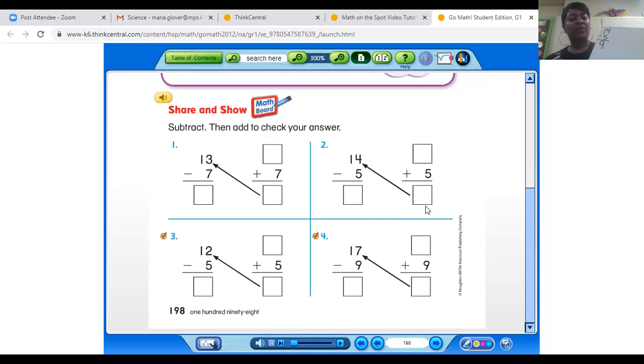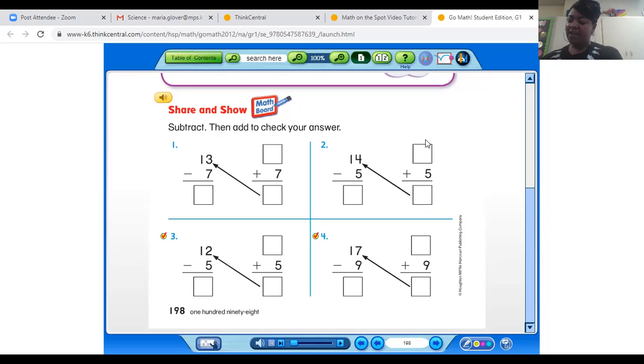Blank plus 5 equals blank. So remember my arrow, 14. So 14 is going to go there. So what number is missing? 9 plus 5 equals 14. And let me check that really quickly. 9, 10, 11, 12, 13, 14. So my math balances out. All right. So number 3,